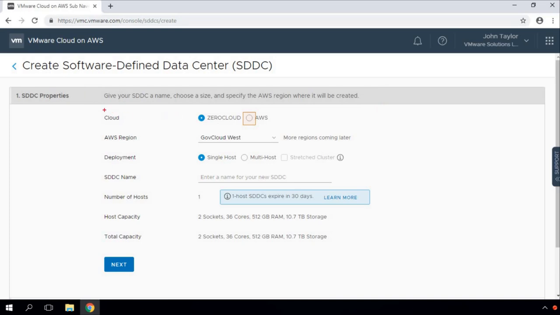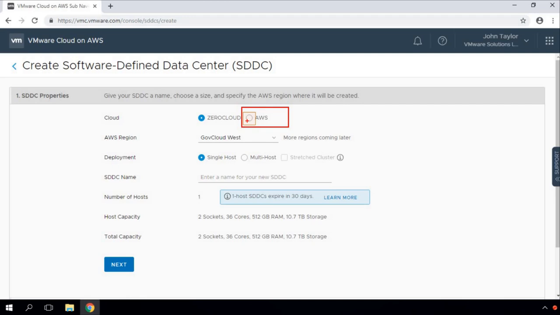Now, if we look at the cloud section, we have a Zero Cloud, also updated or called GovCloud. And then we have AWS. So what exactly is Zero Cloud, also known as GovCloud? This GovCloud is a secure platform for government agencies to access the benefits of public and private clouds to further increase agility and security.